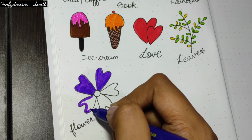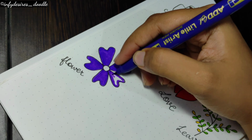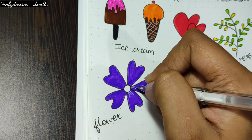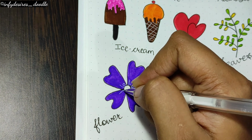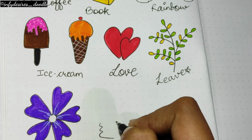So this is actually very easy to do. All you need is a pencil and paper and some colors. You can use any colors, pencil colors or sketch pens or normal crayons or watercolors, and you can do different